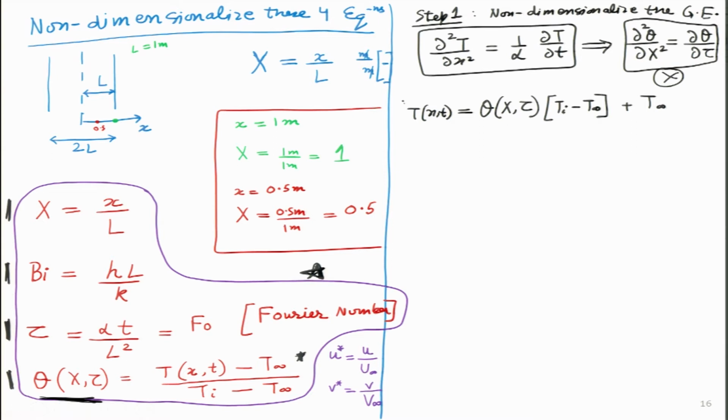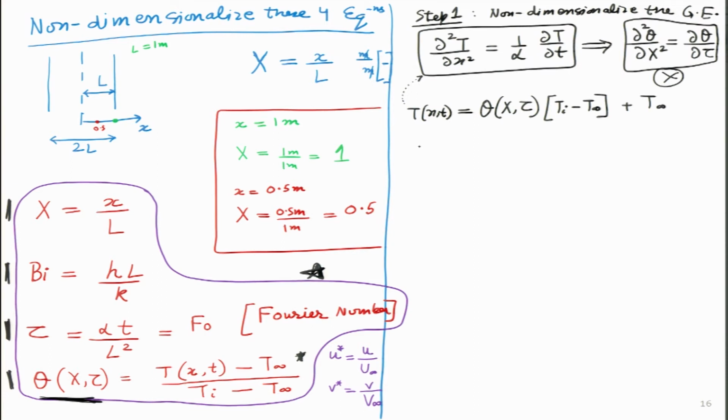Now, how do I convert this into this form over here? It means I have to take a double differential with x. If I know temperature as a function of x, how do I calculate del square T by del x square? First I do the differential once, I will get del T by del x, then I have to do the differential once again, I will get del square T by del x square. Let me go ahead and do that. If I do the first differential, I will get del T by del x, which will be, this last term is a constant, this is a multiplier over here, and this one I will get is del theta of capital X and tau by del x.